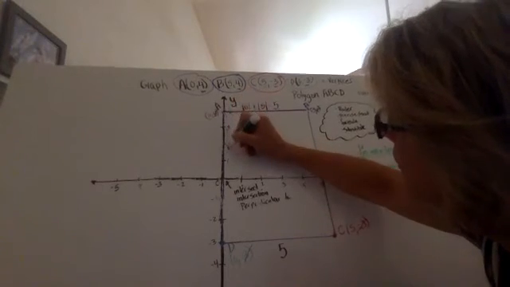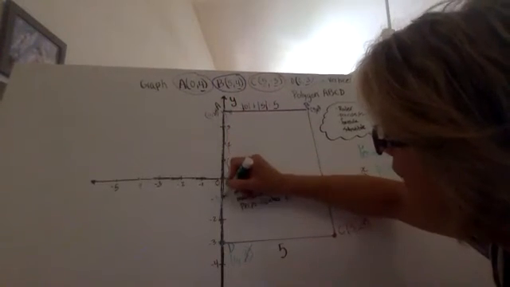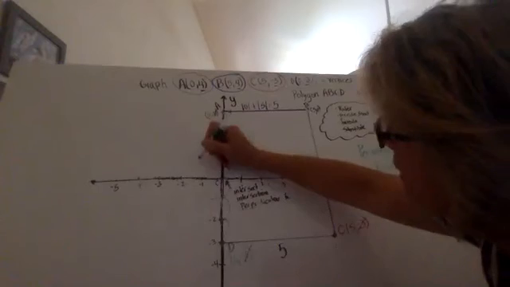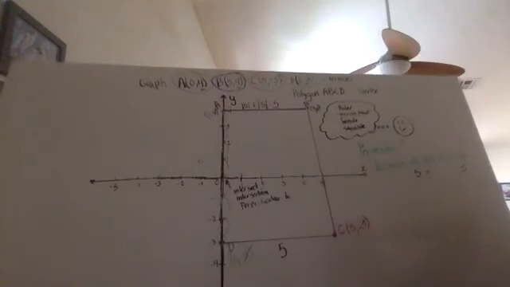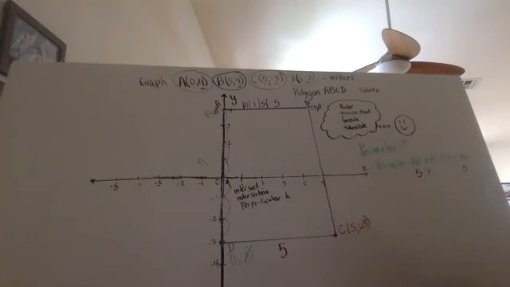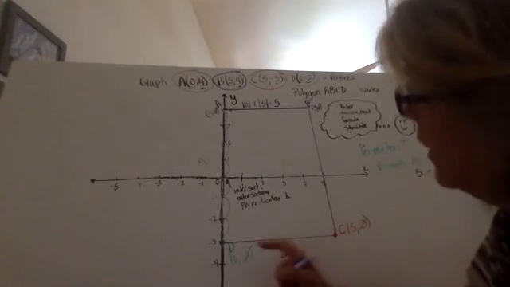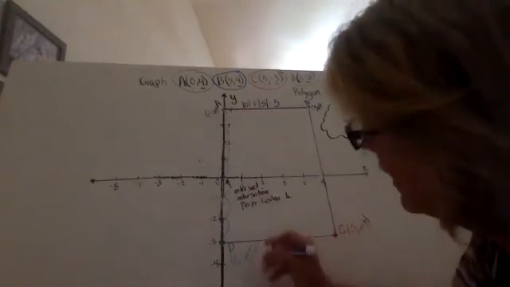1, 2, 3, 4, 5, 6, 7 spaces. That's units, 7 units. 7 units, yes. Or I can do what we did with the other one, and if I look at A and D this time,